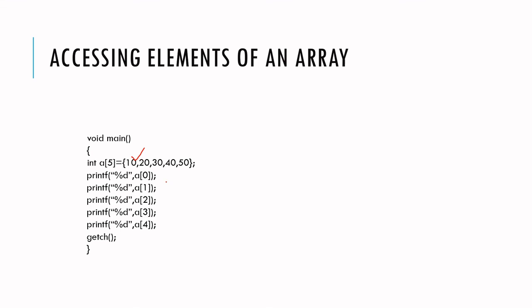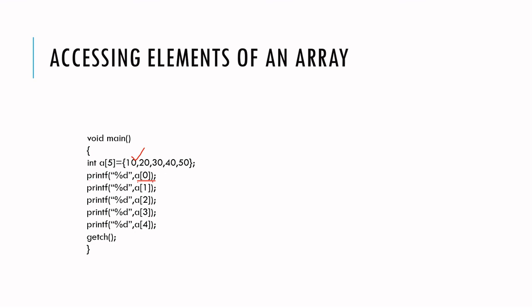It's not mandatory to type the elements in an ordered format. There is no condition for typing a of 0 first, then a of 1, then a of 2, a of 3, and a of 4. It's not mandatory, but for our convenience, we are typing it from 0 to 4. That's all. So for accessing the elements of an array, I can make use of the name of the array, and the index which refers to that particular cell. By using this, I can access the elements.